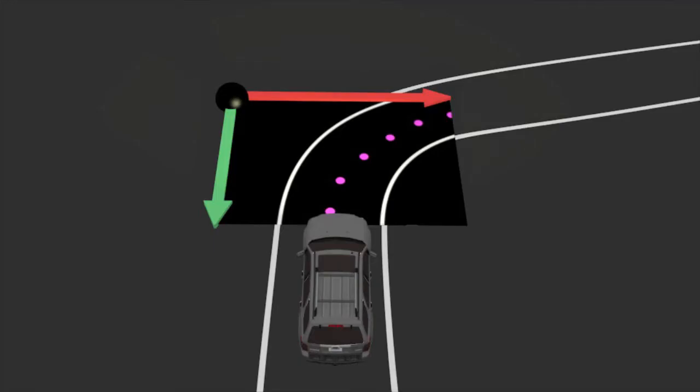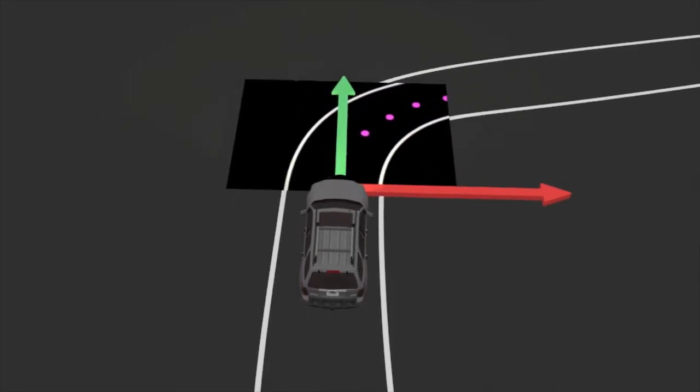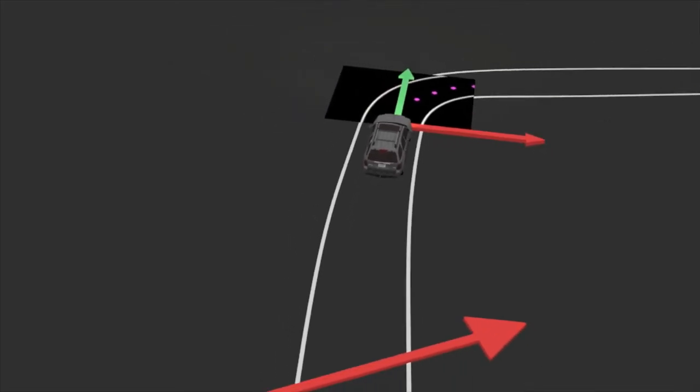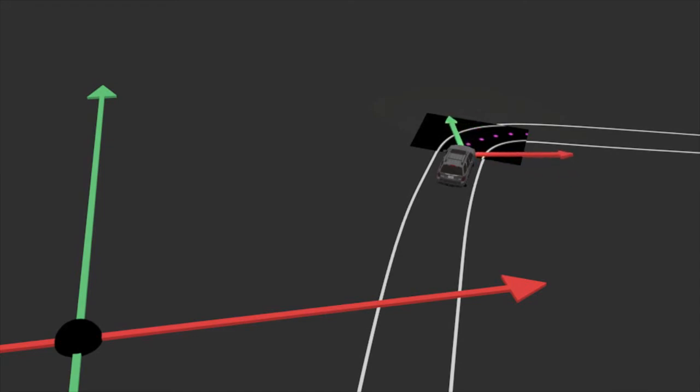Before these waypoints can be used, however, they must be transformed into the world space. Here we see an example of what the car might capture while driving. The purple points are the lane midpoints, but they are represented as coordinates relative to the top left of the image. The origin is then changed to the bottom center of the image where the car is. However, this coordinate space is not necessarily the same as the world space, which uses longitude and latitude, since the car does not always face north. Therefore, we change the basis vectors of the waypoint coordinates so that they match the orientation of the world space. Then, the position of the car in world space is added to the waypoints to craft the final world space waypoints.